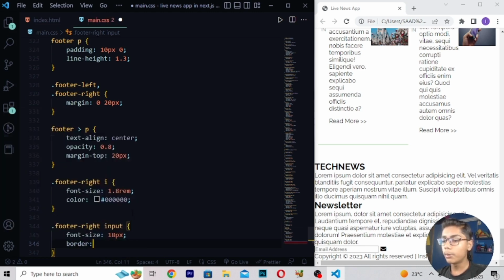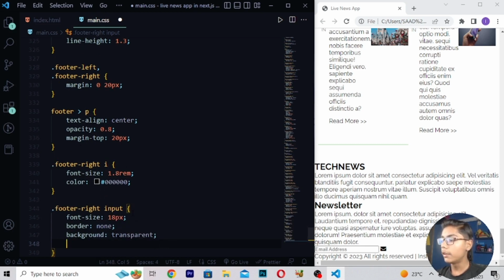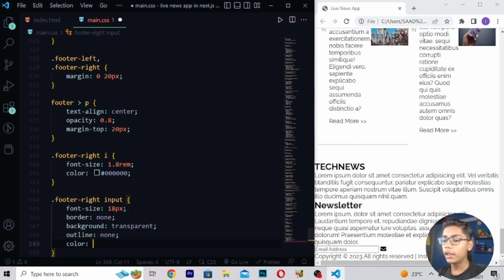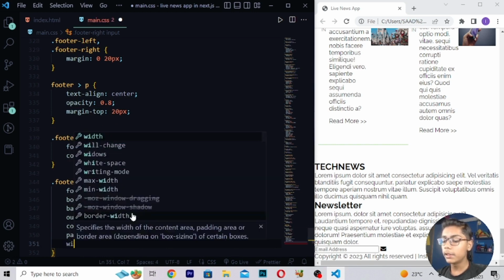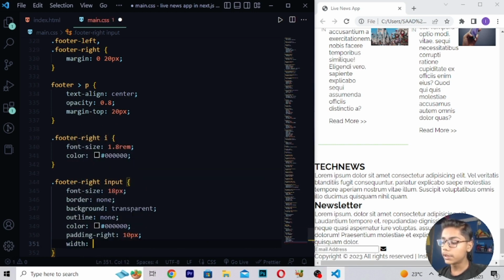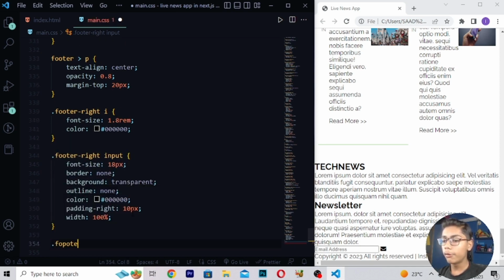Then here I will be writing border none, right here background, which should be like transparent. Now here you have to write outline none, right here color, which should be like 0 0 like this. Then you have to write here padding right, which should be like 10 pixel, right here width 100%. Then you have to just move down after this tag, and after moving down, here I will be writing footer